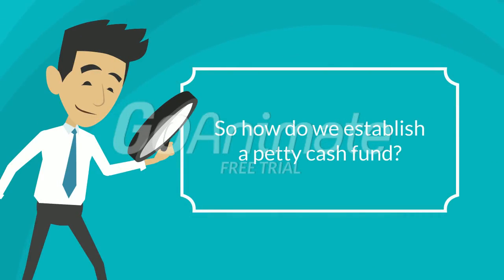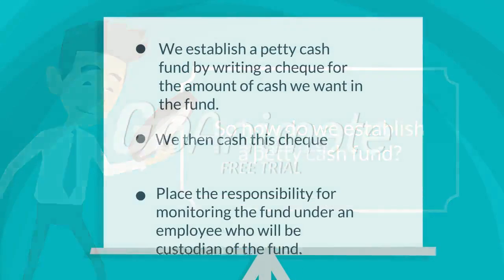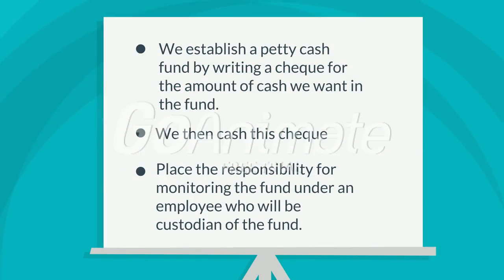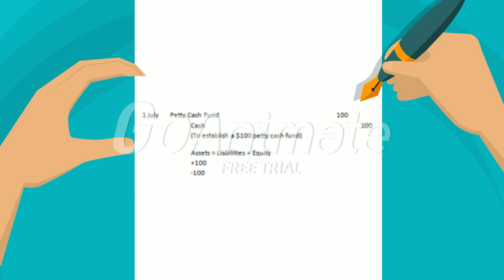So how do we establish a petty cash fund? We establish a petty cash fund by writing a cheque for the amount of cash you want in the fund. We then cash this cheque and place the responsibility for monitoring the fund under an employee who will be custodian of the fund. For example, say I am the owner of a small business and I want to establish a